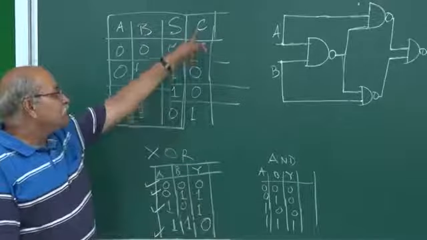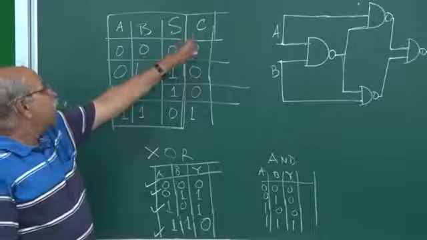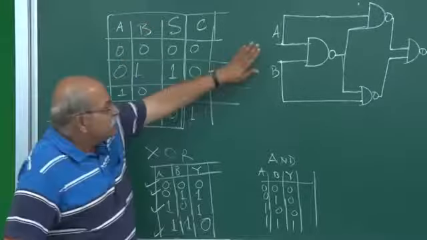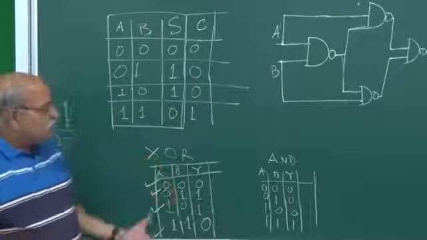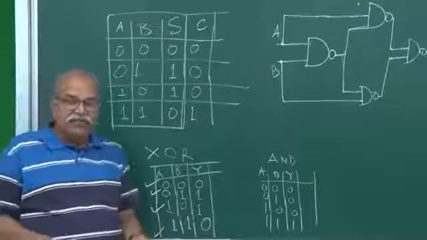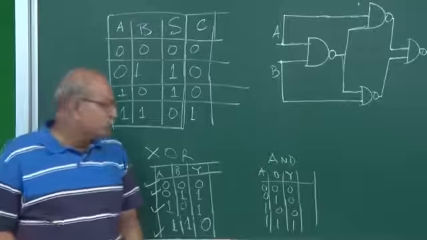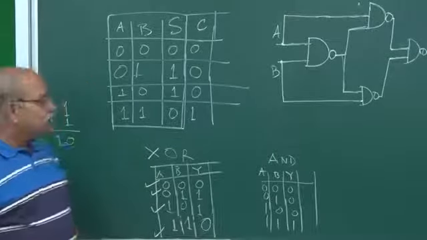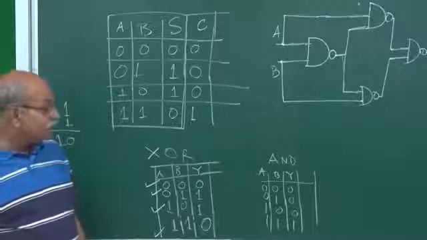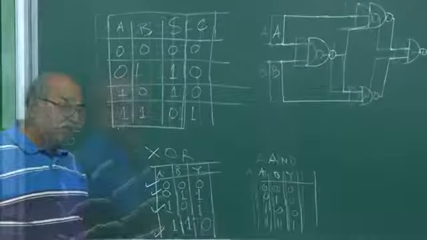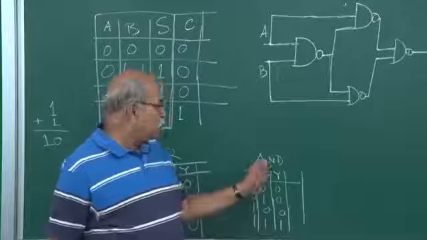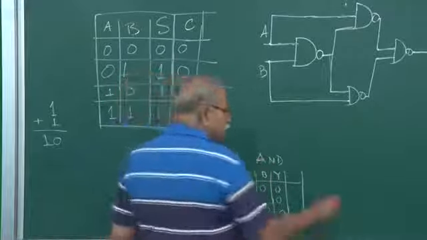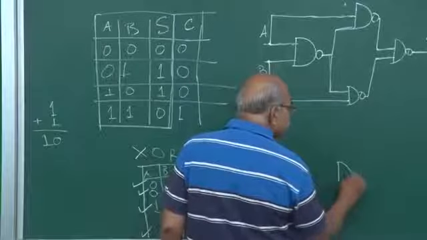The C is just AND of A and B, and therefore, from this A and B you have to just feed this A and B into an AND gate and that is it. Okay. And how do we create AND gate from the NAND gate? So, do you remember how you construct AND gate from the NAND gates? Right? You take two NAND gates,